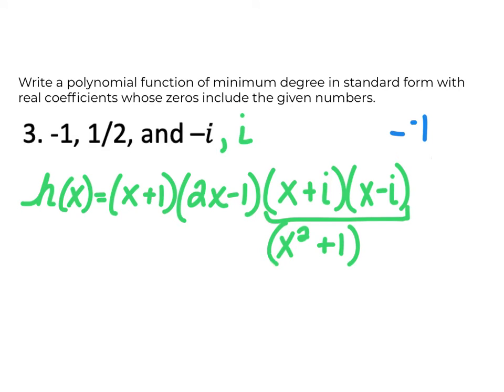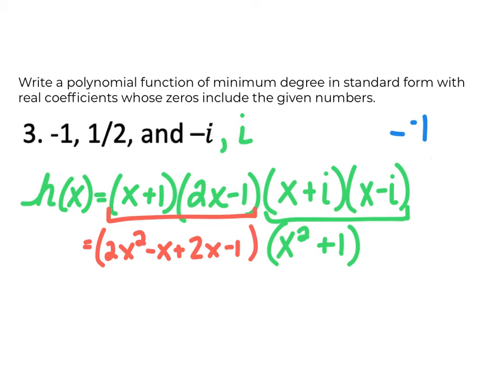Right? So multiplying x plus i times x minus i produces x squared plus 1. And I am going to multiply these two together. So that would give me 2x squared minus x plus 2x minus 1. I'll combine those like terms to get 2x squared plus x minus 1, a trinomial, and then I have times